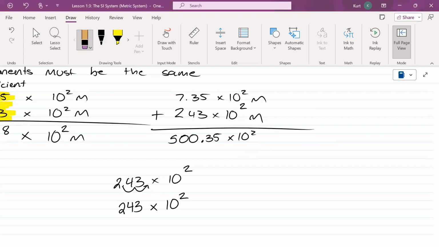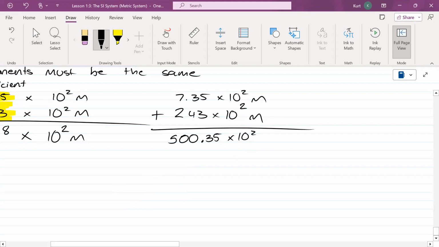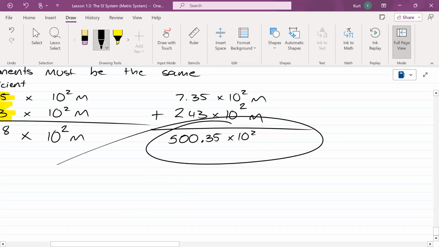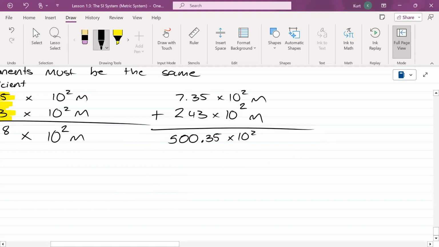But you're not done yet. And I'm going to be saying this a lot this year. Do you right now have a number between 1 and 10? No. You need to make it between 1 and 10. Before you go, shift it 2 to the left. 5.0035 times 10 to the